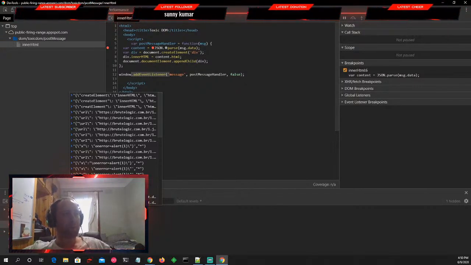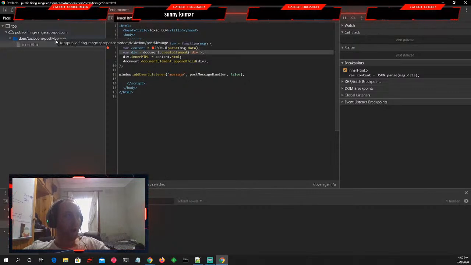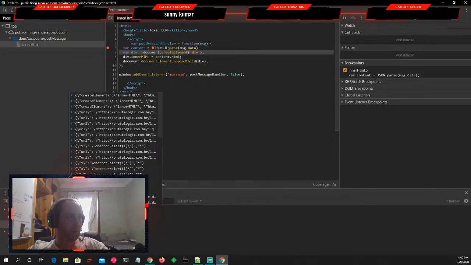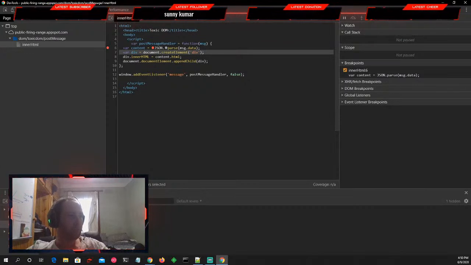So what we need to do is we need to create an element. So we use this here. We use these angled brackets to get these curly brackets to get an object, and then we want to